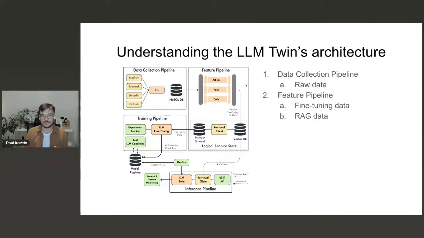Usually in an LLM system, you need data for two things: for fine-tuning your LLM and for RAG. We take this raw data from a MySQL DB data warehouse. We will highlight this a little bit later. In our particular case, we have three types of data: articles, posts, and code.